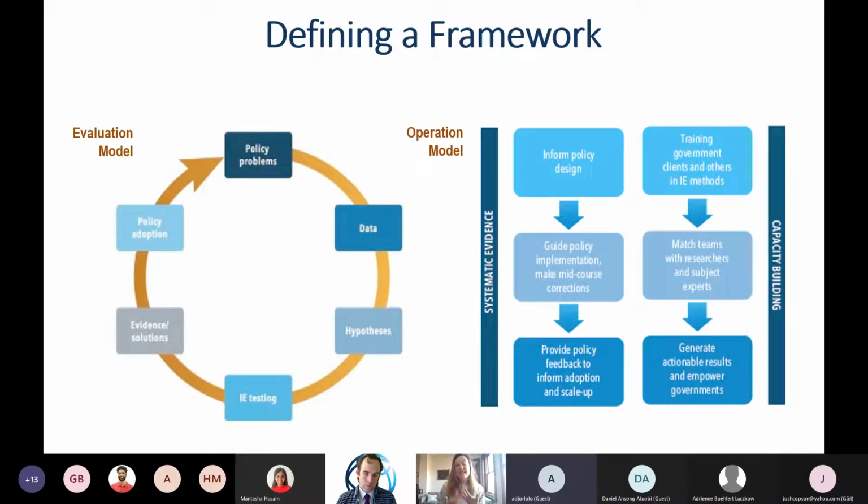And then ideally at the end, once we have the results, as I said earlier, right, we can use these to see, okay, do we want to continue doing this? Do we want to adapt this program? Do we want to scale it up? Or on the contrary, do we realize that maybe this isn't working, we need to change things? And so